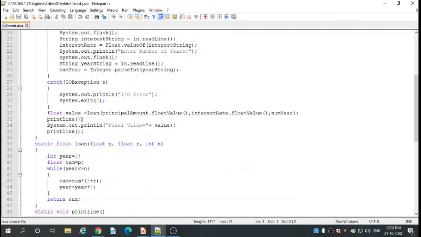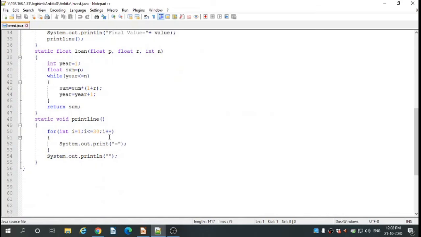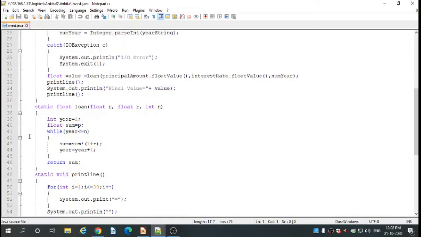Then float value equal to loan. This is a method name which we have declared here. We are calling the loan method and we are passing the parameters principal amount, interest rate and number of years. principalAmount.floatValue will convert the value from object to primitive.